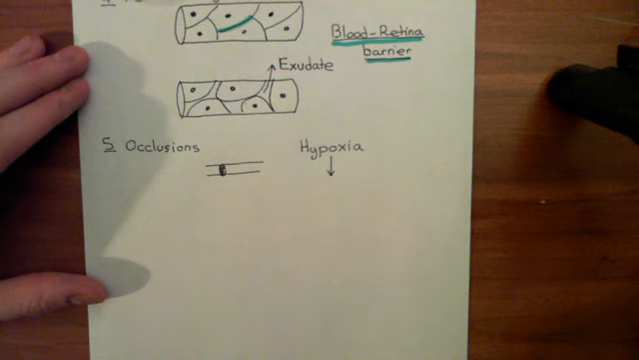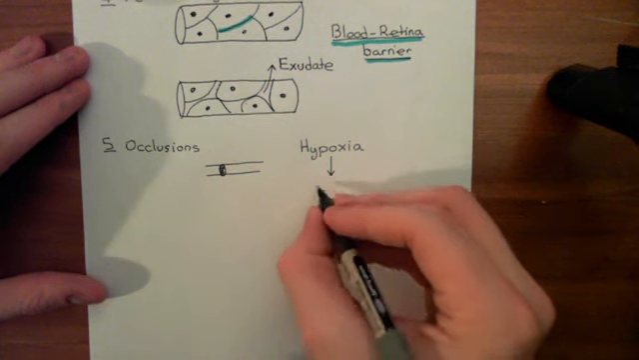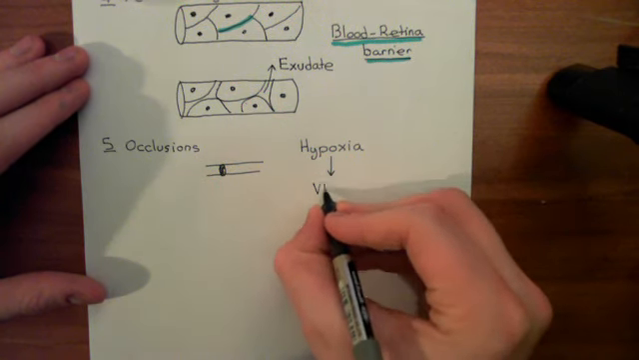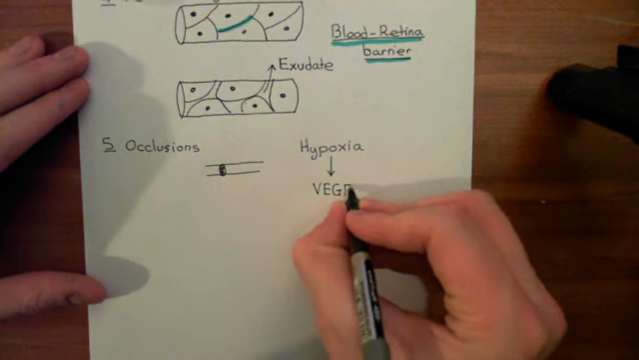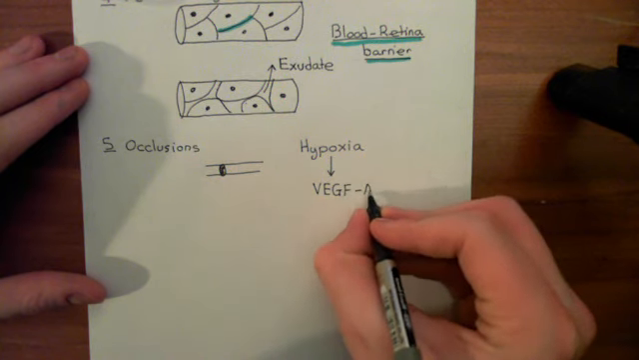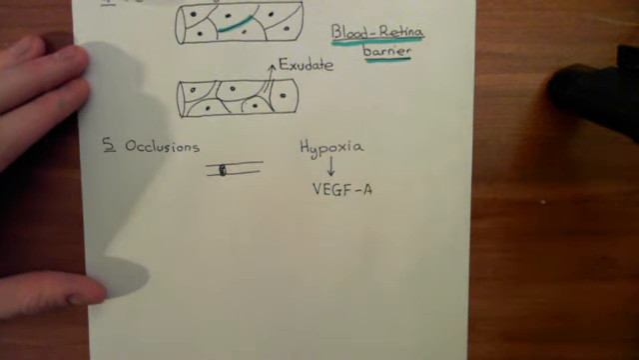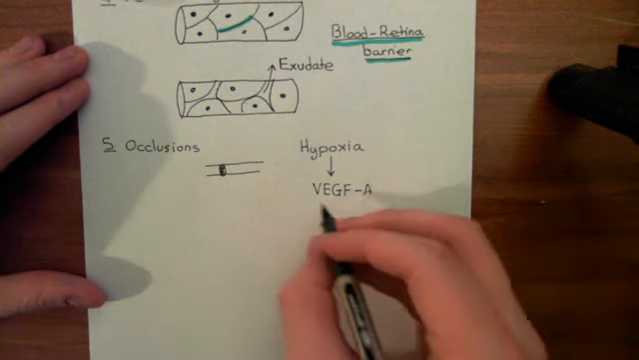Now, when retina tissues become hypoxic, what do they do? Well, they call for help. Okay, they call for more blood vessels to be built. They call for the beginning of angiogenesis. So these hypoxic tissues will start releasing vascular endothelial growth factor A. There are other forms of vascular endothelial growth factor, but VEGF-A is the main form that is responsible for hypoxia-induced